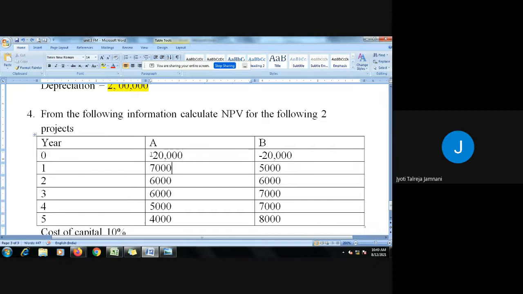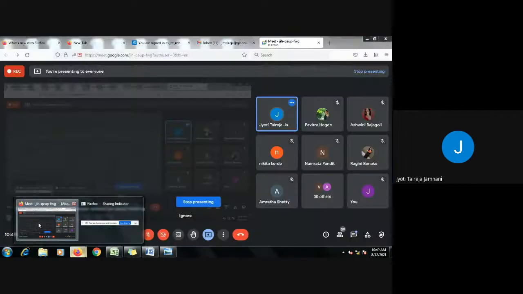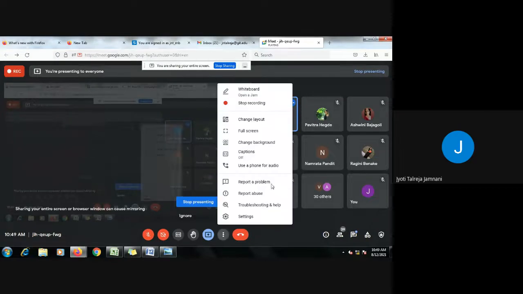That's why it's always given in negative. But again, I'm repeating, even if it is not given in negative,